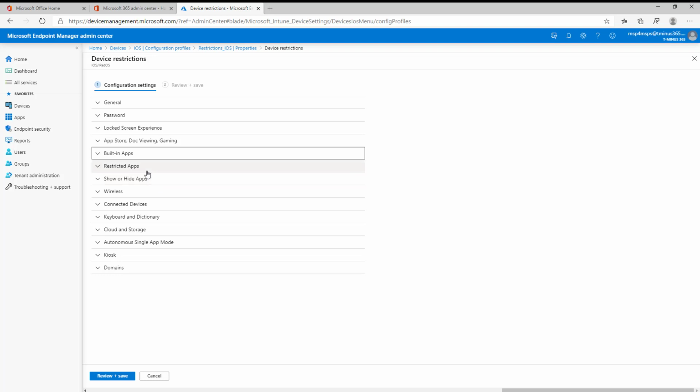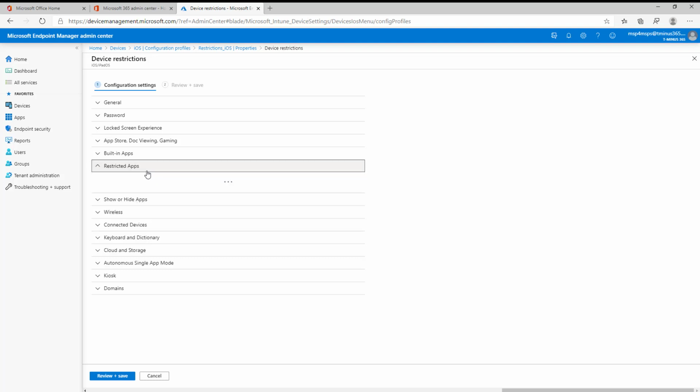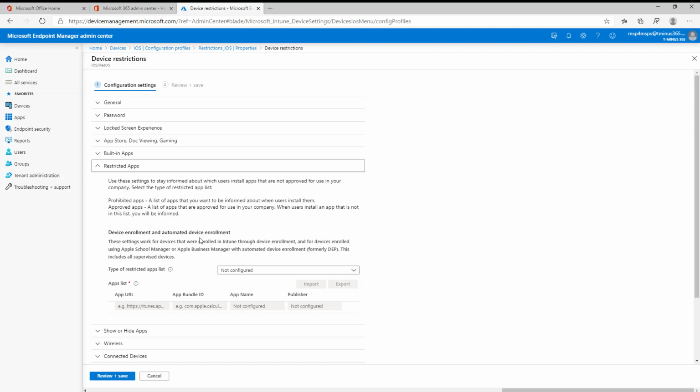While restricted is just giving you notifications in the sense of people downloading prohibited applications or approved apps as well too. So this is specifically just notifying, and you can say prohibited or approved. In either case, again, they're not blocked from downloading prohibited apps, but they will inform Intune. You will get a notification about it, so you know that they downloaded something that you consider to be prohibited, and you can take action on it. Otherwise, the approved apps as well too, they'll be able to download those, and if it's not on a list of approved apps, you'll be informed as well too. So maybe you're not uniquely defining obviously every single prohibited or approved app, but you would be notified in either case if it's not one of the approved apps or if it's a prohibited app that you've specified,